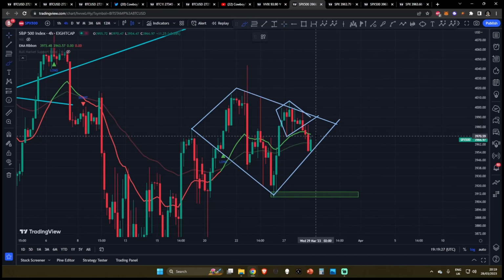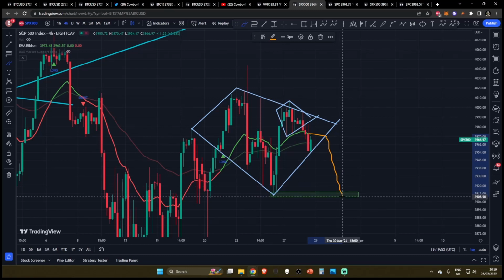Now, you can see in the past 4 hours, the S&P 500 may have formed the uptrending line of support needed to complete this diamond top formation. Now, we are bouncing back up in the past 4 hours, so I do expect the S&P 500 to trade underneath 3,972 for the next 24 hours or so. I imagine we will fall to the downside of this diamond top formation before the 30th of March, once again,